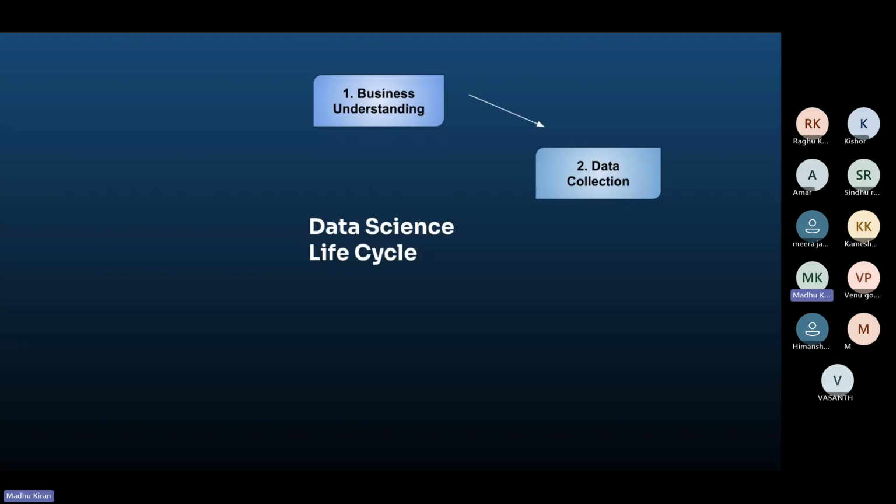Once we have the second step, then comes the data preparation. In the data preparation step, the machines cannot understand the raw data. So at this particular stage we have to clean it. We have to fill the missing values. Like whenever we fill applications online, we kind of put a dash, or we just don't fill it. Sometimes we don't fill it if it's not aligning with us. So data comes with missing values.